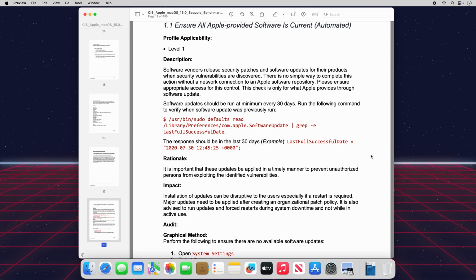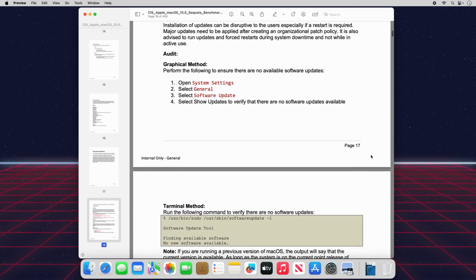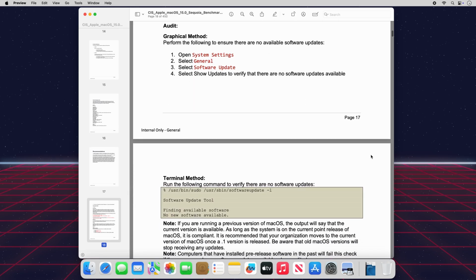Each recommendation contains a description summarizing what this setting does on the device. Next, there is a rationale statement that provides a justification for implementing the recommendation. The impact section details possible security, functionality, or operational consequences that may occur when implementing the recommendation. Next, the audit procedure provides step-by-step workflows to determine if a given device meets the recommendation, whether via commands in terminal or directly within the OS interface.